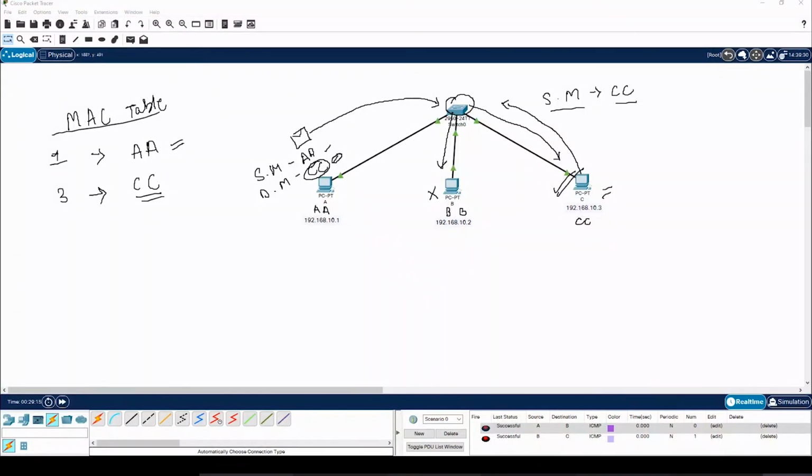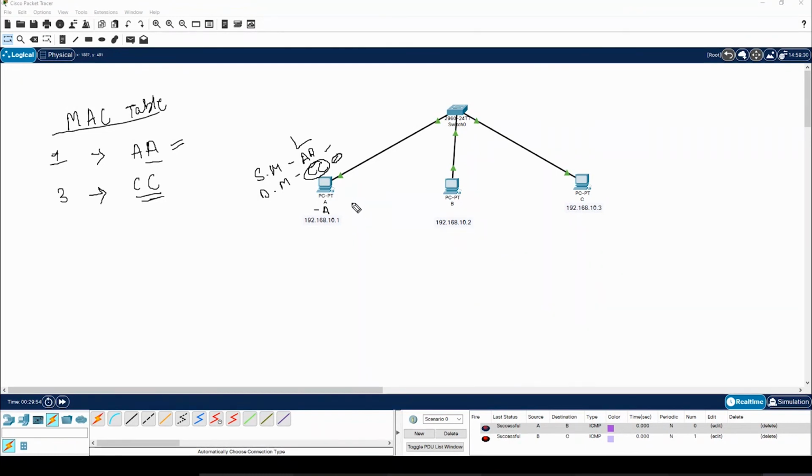We will learn about ARP in the coming days. Don't worry about that. Please don't get confused between these two. I'm just making this more understandable by telling you how a MAC table is learned by a PC. So now PC is aware about two devices, A and C, with MAC addresses of AA and CC. Now after this, whenever A sends any message which is supposed to be for C, the switch will not broadcast it. It will just look into its MAC table and transfer the packet to PC C.